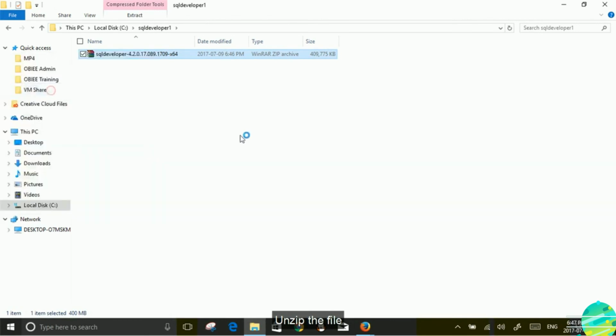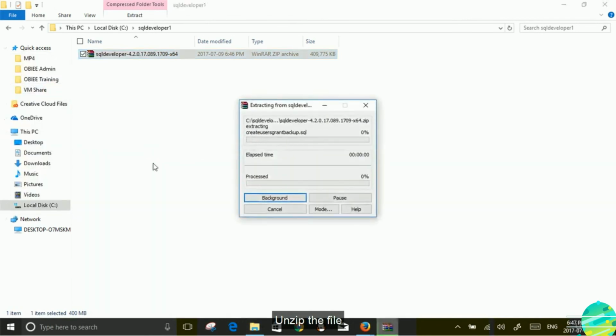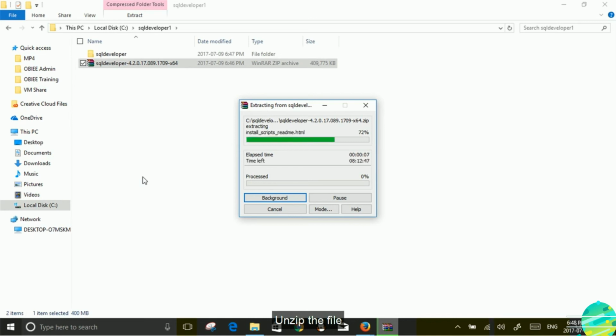Unzip the file. Wait for the extract to finish.